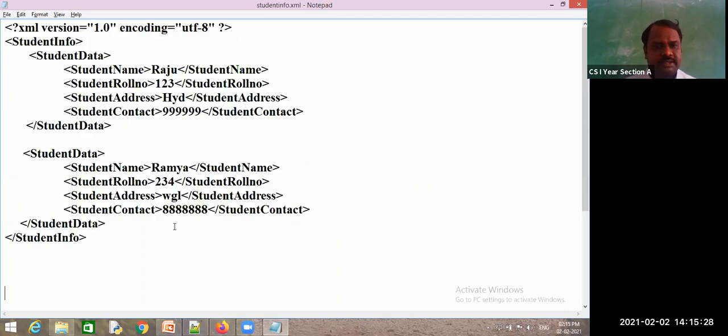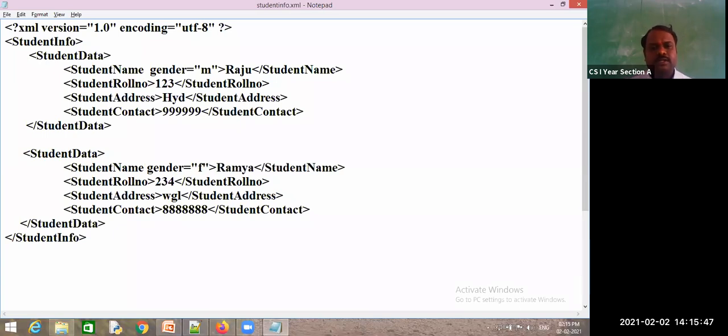For this one, I will add one more attribute for the student name, as gender. Raju belongs to male, and for Ramya, I won't go for an additional tag for this, so female. Did I add one more attribute to this or not?